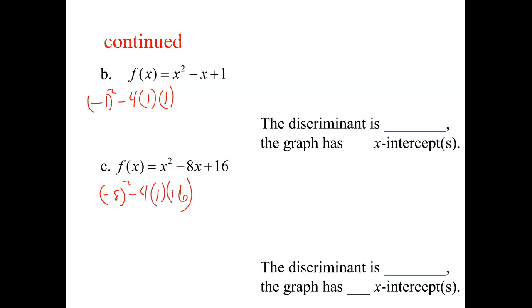What's my first discriminant? -3. How many intercepts? None. What's my last discriminant? 0. How many intercepts? 1. Easy peasy, right? Okay? So